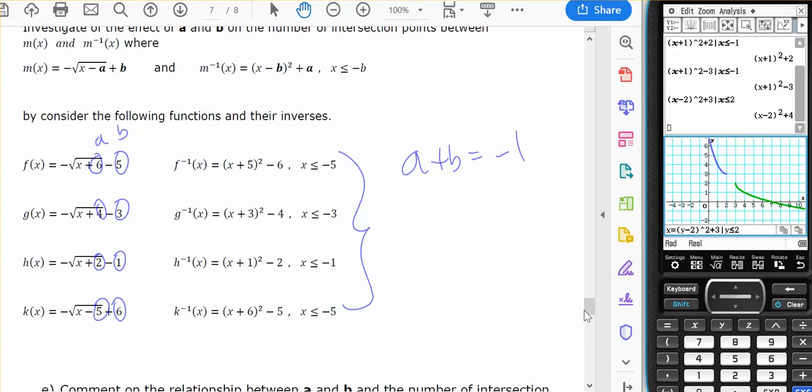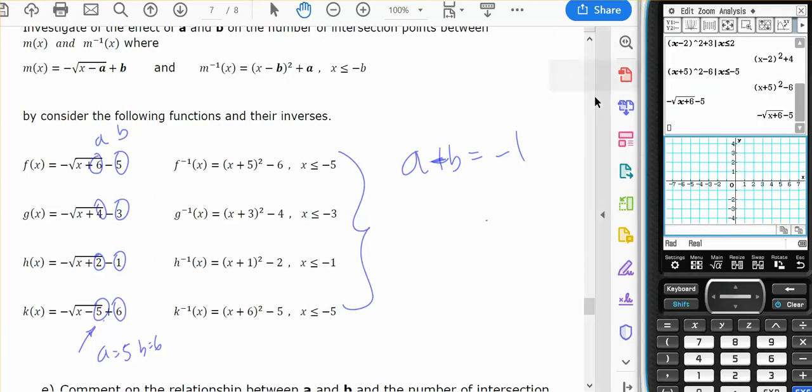Because a is negative 6 and b is negative 5. In this case here, a is 5 and b is 6. So a minus b is negative 1. And for all of them,